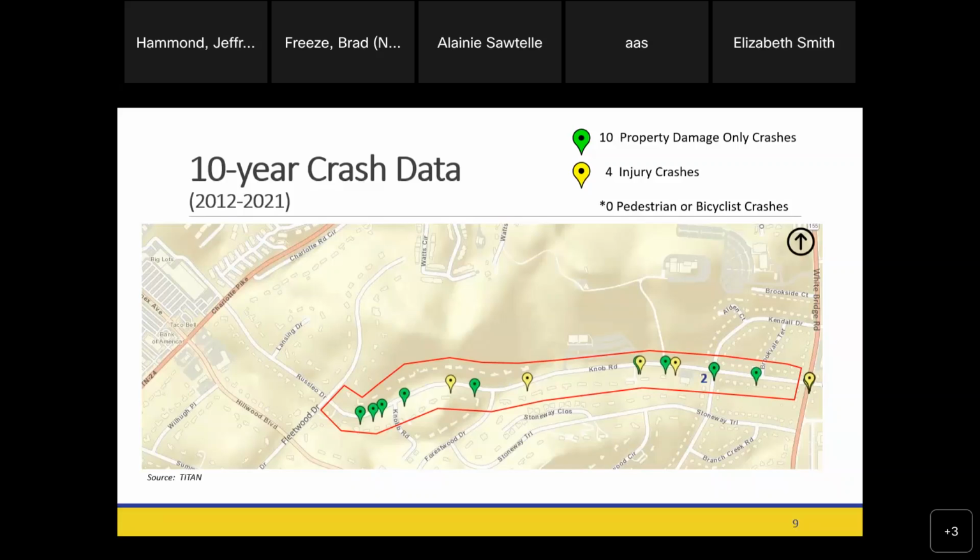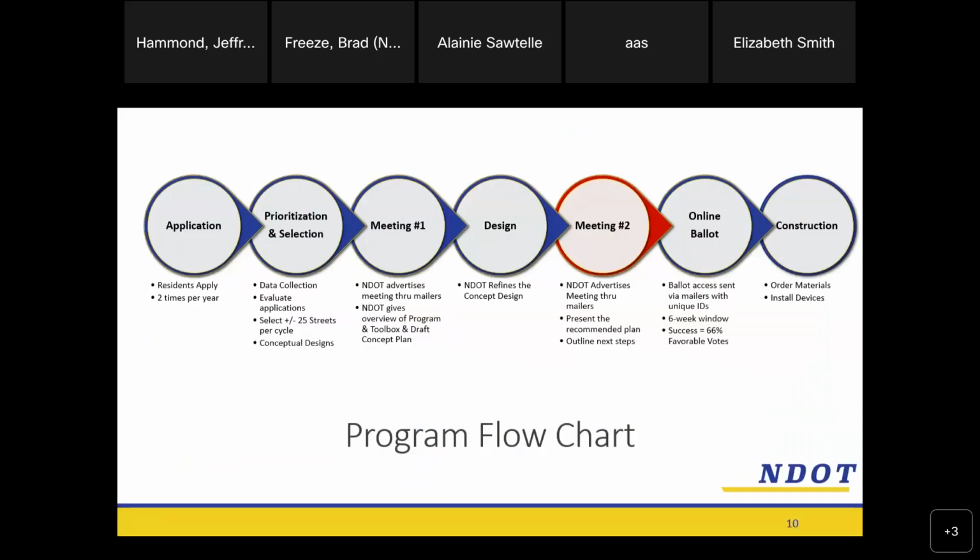If we could finish your presentation, I think that will help answer some of your questions, because the proposed speed cushions will address fire and rescue emergency. So let's just finish going through it, and then we'll be able to address all the questions. I do want to get through so that we can think over and have all the information. All right, so we'll come back to that, and we can talk more about the dynamics of what we're proposing,